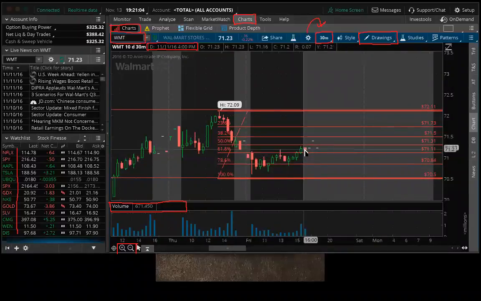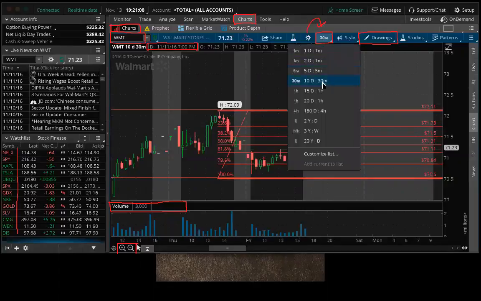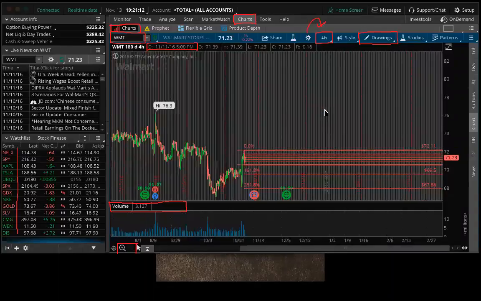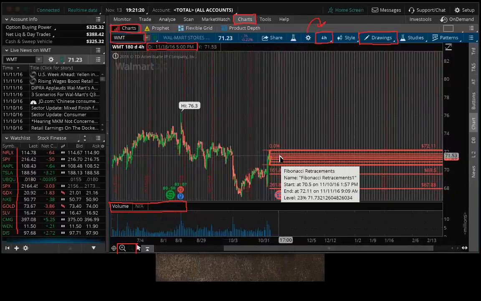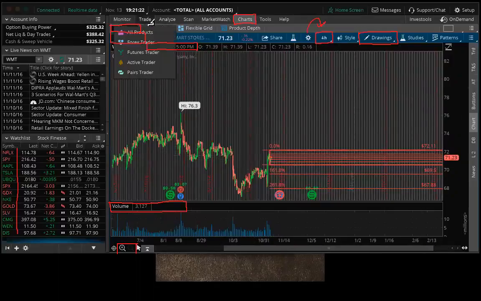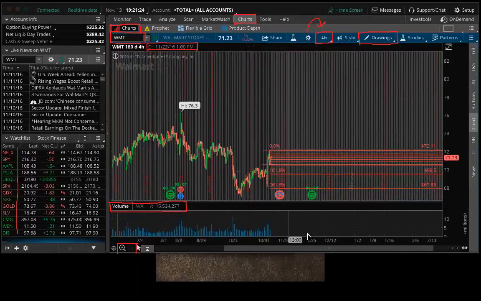Okay, so what I'm going to do is come out to the 180 day to see if I still feel bullish in the grand scheme of things. And right, I do, in fact, still feel bullish. So what I'm going to do now is come to the trade tab. Before I do, let me clear all this stuff off for you. Okay, clear. So when I come to the trade tab,